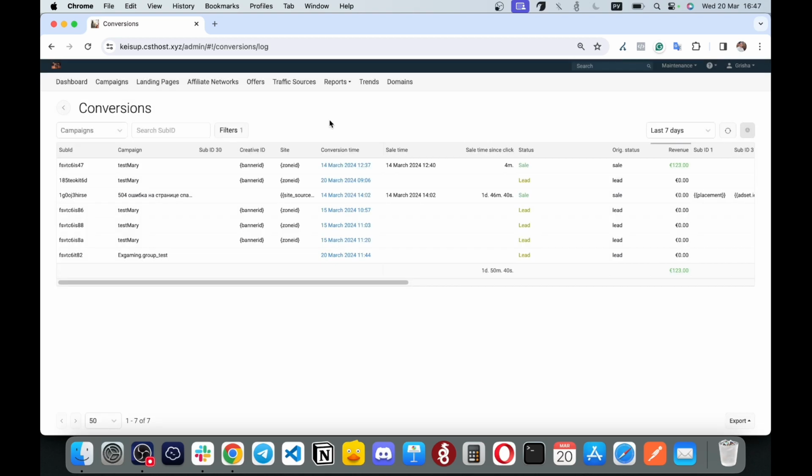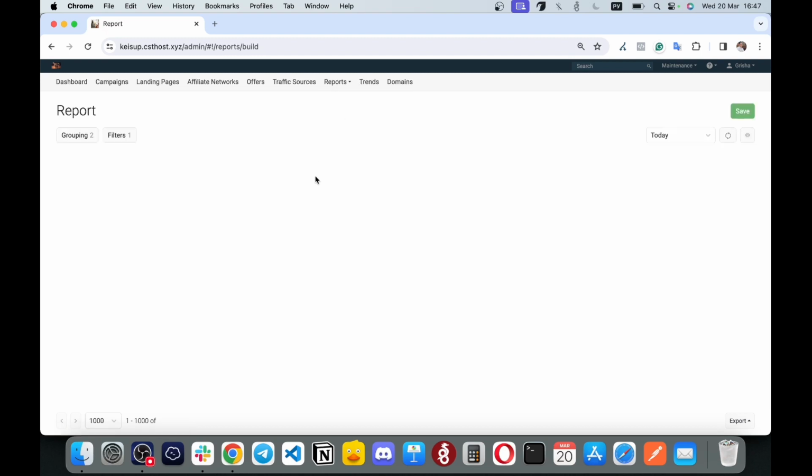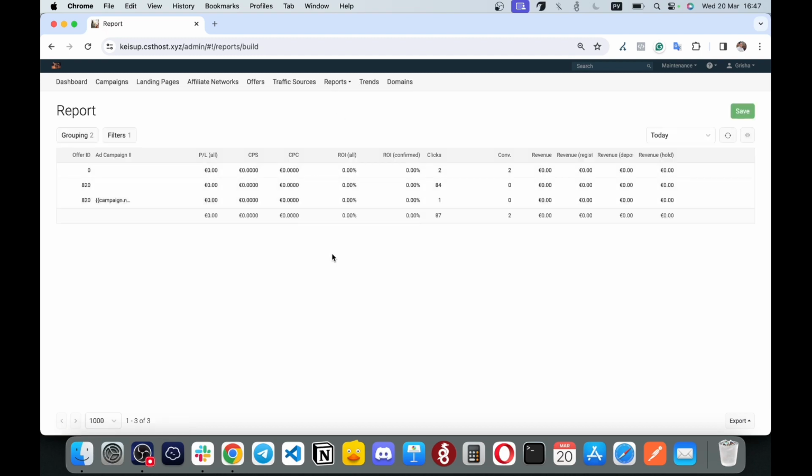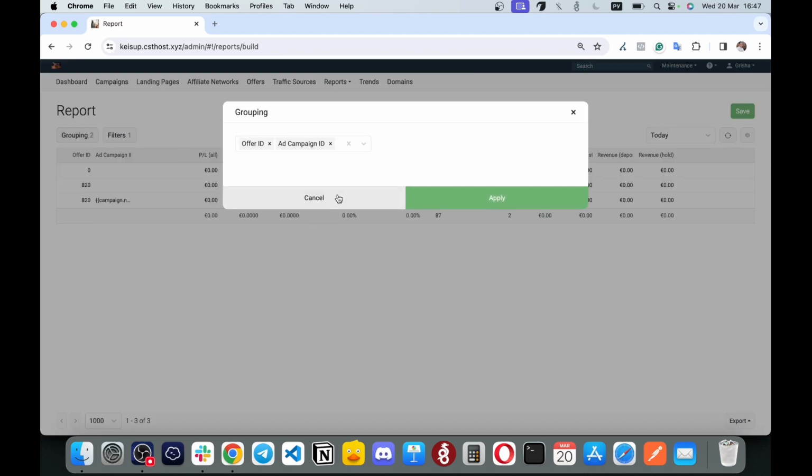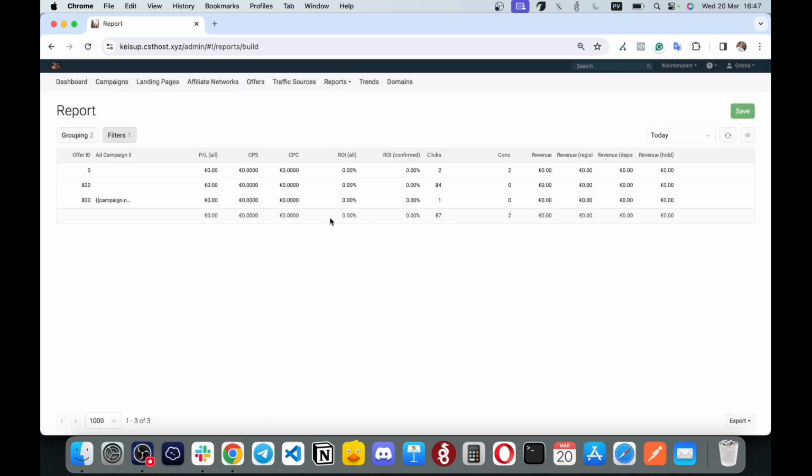They're useful for sure in their own way, but next I will show you custom reports, create reports here. This is a workspace where you can filter and group data by any criterion which is available in the tracker. Here is the feature of grouping, and here is the feature of filtering. It's useful and allows you to look at your data from a more convenient angle and gain insights into future